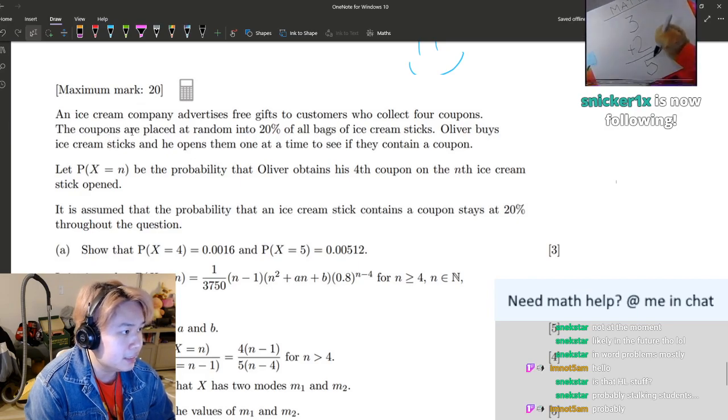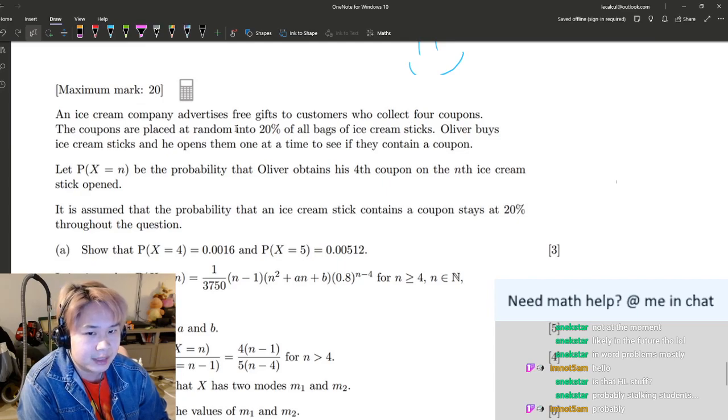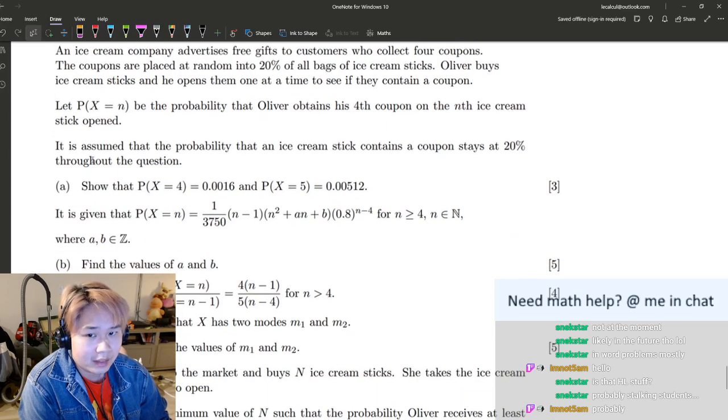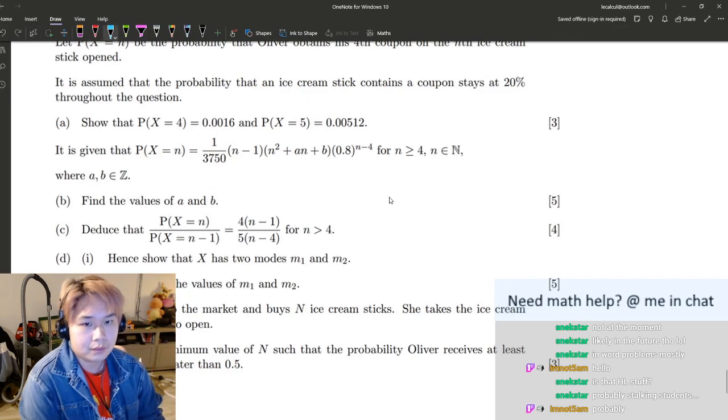Okay, let's see. Ice cream company advertises free gifts to customers who collect 4 coupons. Coupons are placed randomly into 20% of all ice cream bag stick things. Oliver buys ice cream sticks and he opens them one at a time and sees if they have a coupon. So the probability that Oliver obtains his 4th coupon on the nth ice cream stick opened. It is assumed that the probability that an ice cream stick contains a coupon stays at 20% throughout the question. Show that x4 and x5 are this. Okay, so